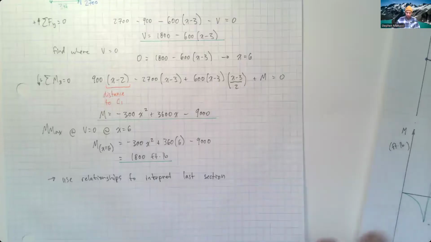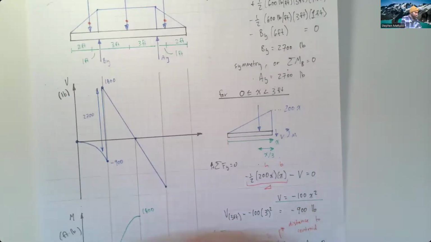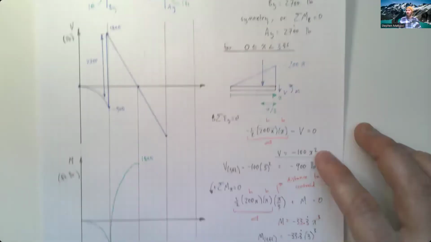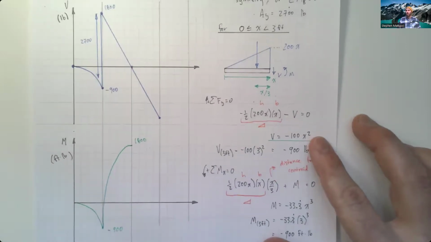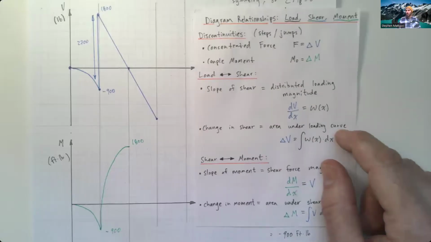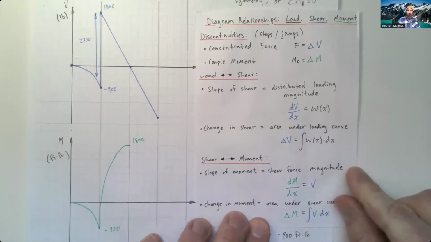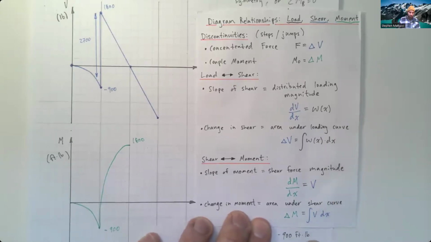So we use these relationships. I'll come back to this such that we can see this. So we've got some of this already. And this is where I'm going to look at my fancy formula sheet